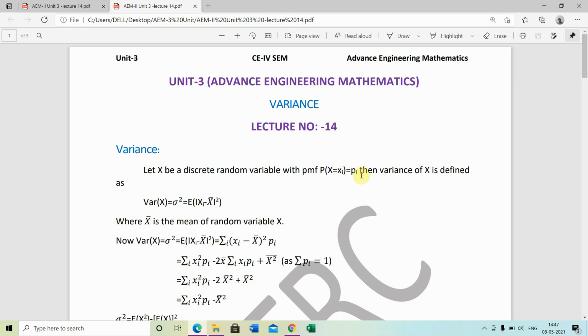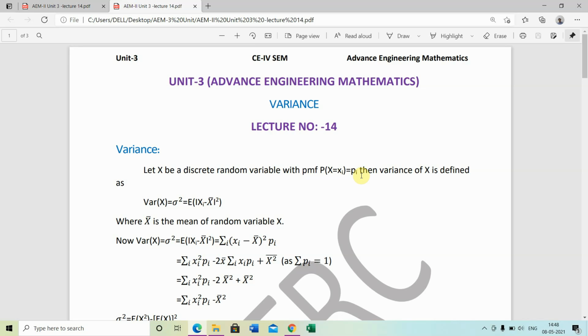मॉर्निंग मैथमेटिक्स के अंदर यूनिट नंबर 3 में आज लेक्चर नंबर 14 के अंदर ले रहे हैं हम वेरिएंस। तो फर्स्ट ऑफ ऑल, लेट X बी ए डिस्क्रीट रैंडम वेरिएबल विद PMF, प्रोबेबिलिटी मास फंक्शन P(X = xi) = pi, विद वेरिएंस ऑफ X इज डिफाइंड एज, कैसे डिफाइंड किया था वेरिएंस? Variance X = sigma square is the symbol of it, then equals to expectation of (xi minus x bar)